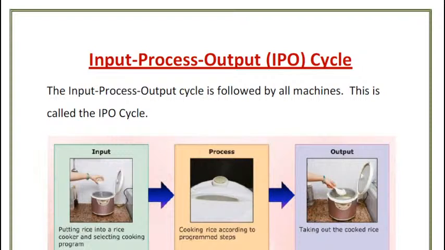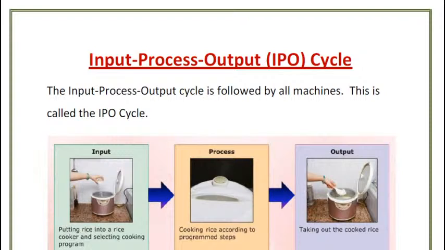Then we are closing the cooker and switching on the power supply. It is an electric cooker. You can see the wire is connected to it. In the electric cooker, we may have set the time to 10, 15 or 20 minutes. After that time, the rice will be cooked, and the output is the cooked rice, which you can take out after the set time. So in this machine, that means the rice cooker,